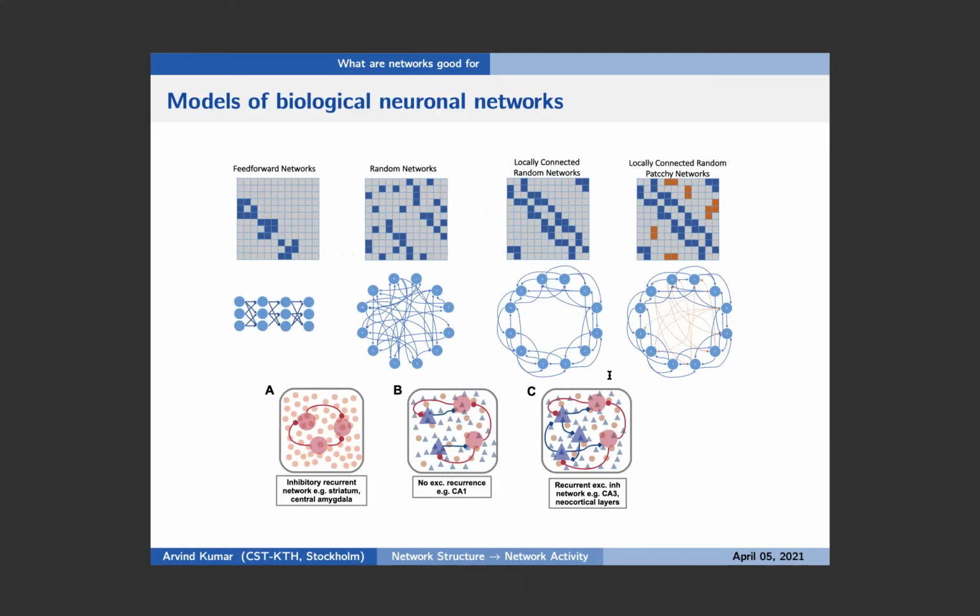And when we think of the structure, very obvious choices come to mind, obviously inspired from the known structure of the brain. Feed forward. Well, the brain is not really a feed forward network, but still, since there are some hierarchies, we can treat it as if it's a feed forward network over short time scales. But really, it's a recurrent network. So we start simple with Erdős-Rényi type recurrent networks, then locally connected recurrent networks, and finally also with patches.